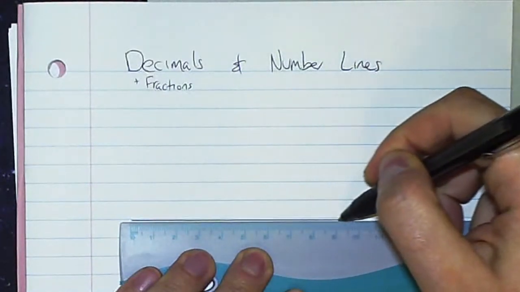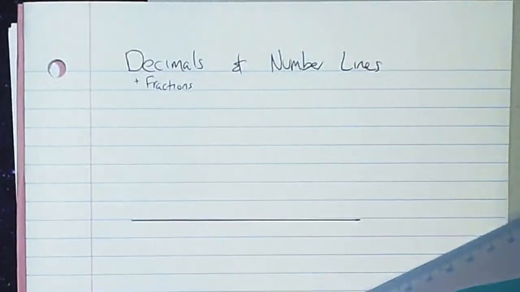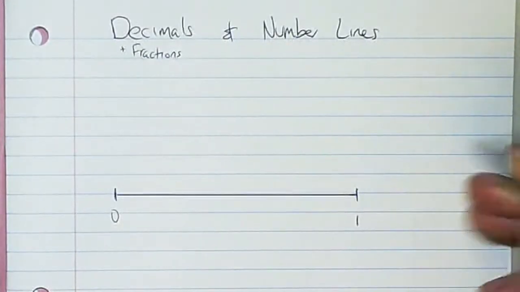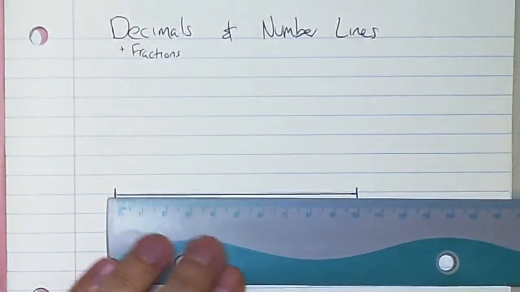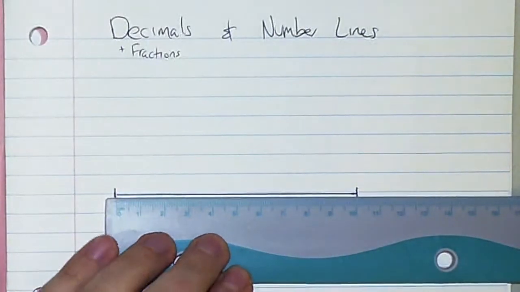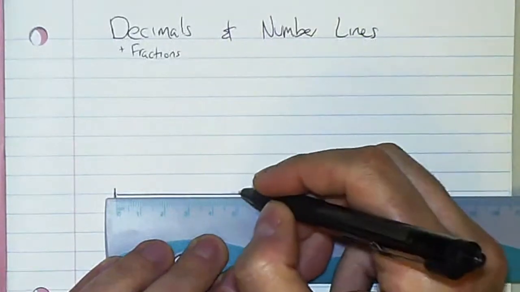But we're going to end it at one. And I want to show you how this will look. So here we start at zero, and here we end at one. What we're going to do is mark some significant fractions here. We know that half